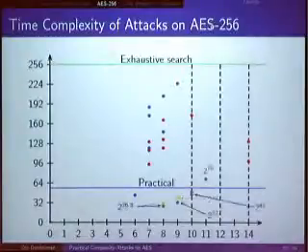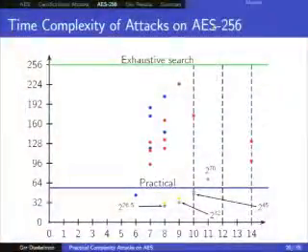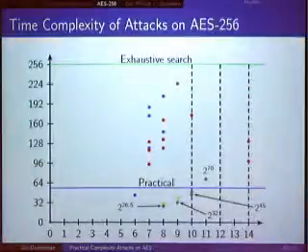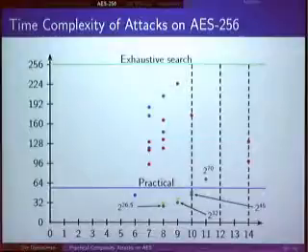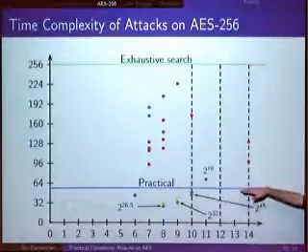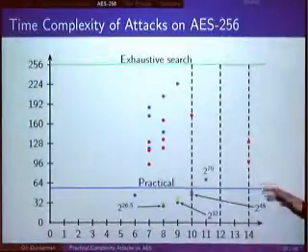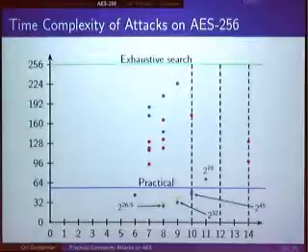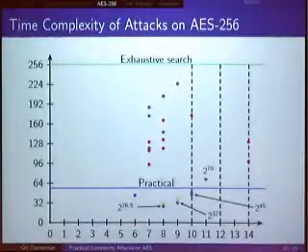In the related subkey model, which is slightly different, and we'll discuss the differences, you can attack up to 10 rounds with complexity of 2^45, and even 11 rounds in quasi-practical complexity of 2^70. It depends on whether you want to put the line here, or if you're the NSA or someone else, but these are roughly the time complexities.